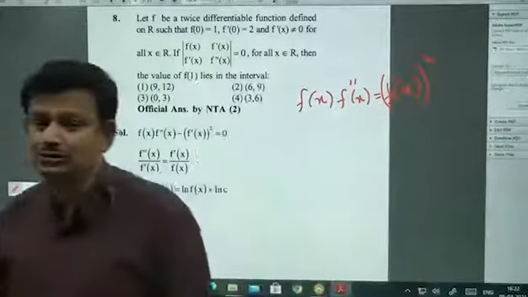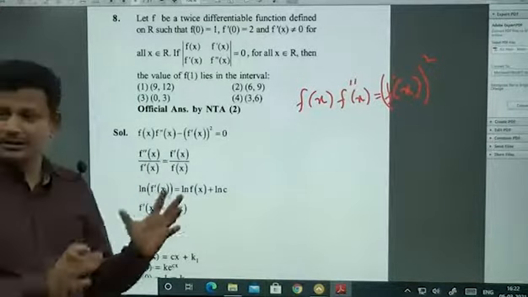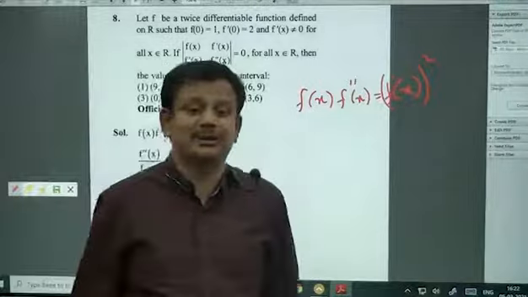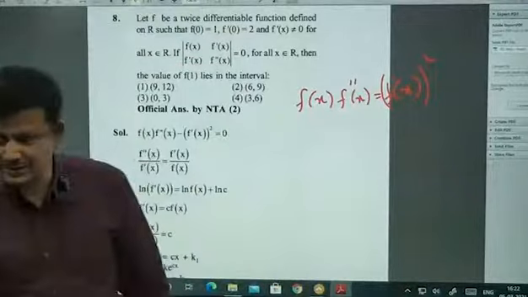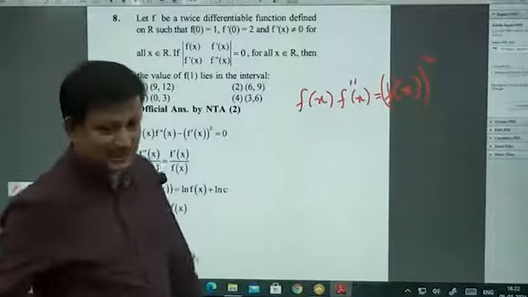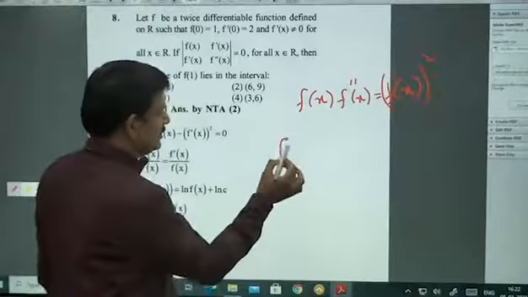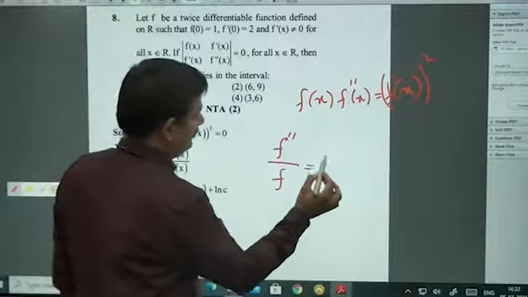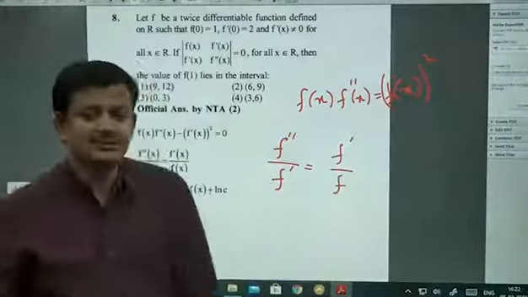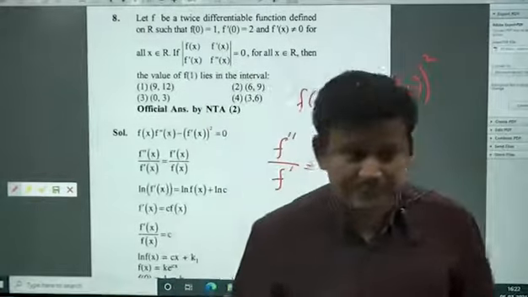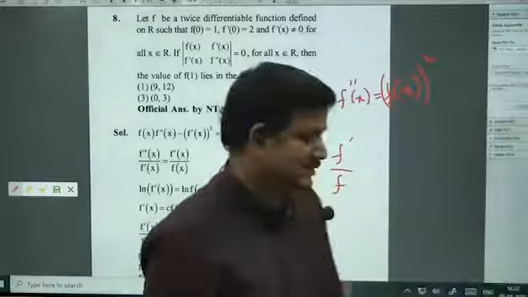Okay. So just to solve this, integration, differential equations. Segregate whatever you can integrate. F of x cannot work with f double dash. F of x should be associated with f dash. Similarly, f dash can be associated with f double dash. So what is the manipulation you do? F double dash by f dash is equal to f dash by f. F dash by f is something you can happily integrate: log of f of x, log of f dash x.